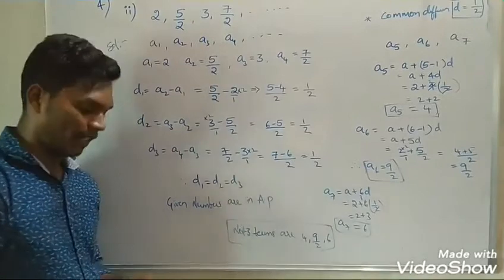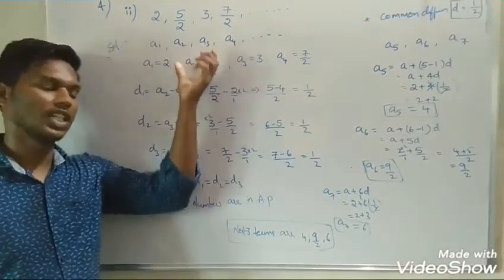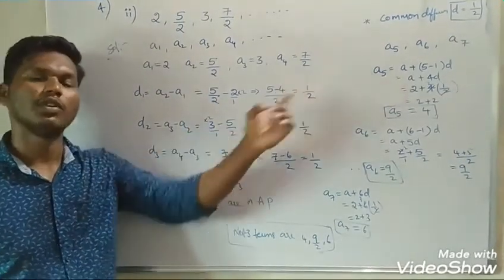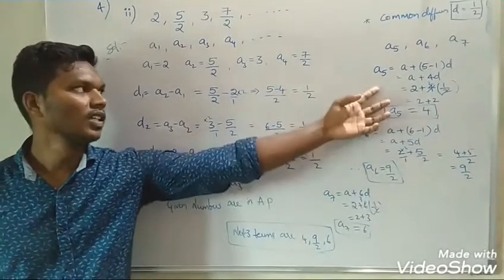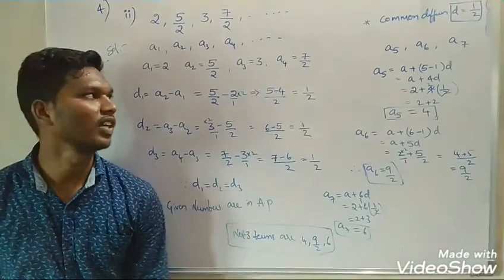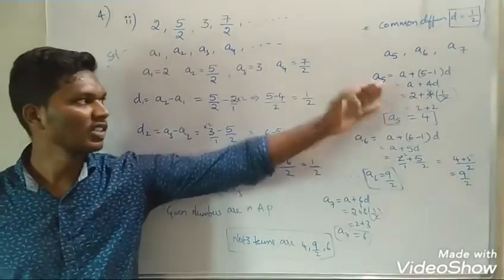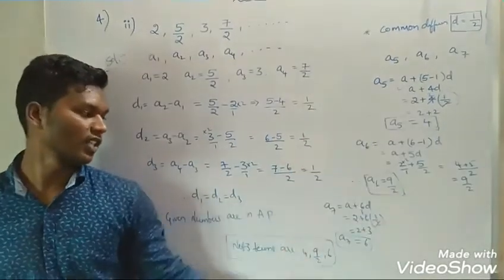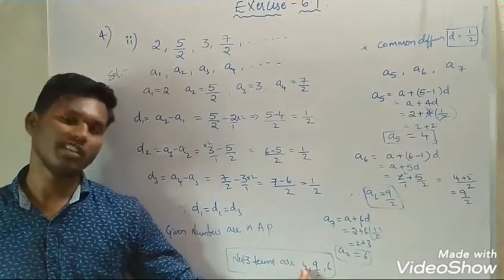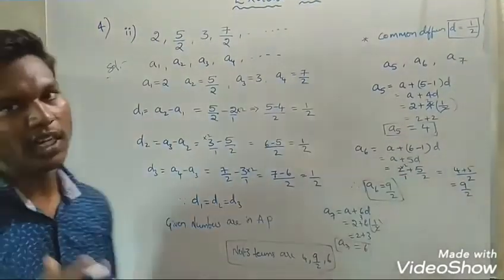So in this way you are going to find whether the given numbers are in AP. So if they are in AP, already you know the common difference. So if you want to find the next 3 terms, we have the formula, right, to find the nth term. So an is equal to a plus n minus 1 into d. So here the 5th term is asked, so a plus 5 minus 1 into d. So similarly, find the 6th term and 7th term. So once you get the values, write the next 3 terms are a5, a6 and a7. So in this way you are going to solve the remaining problems, right?